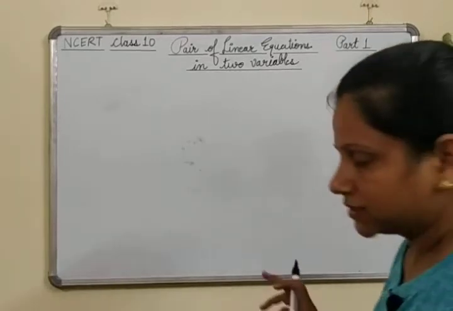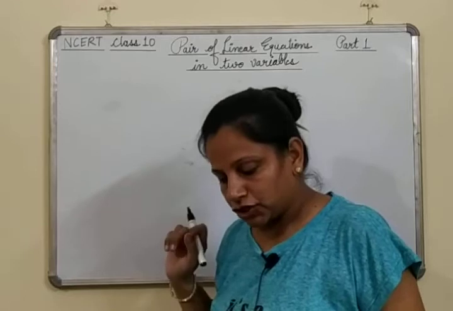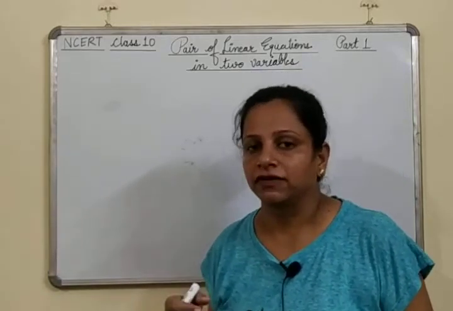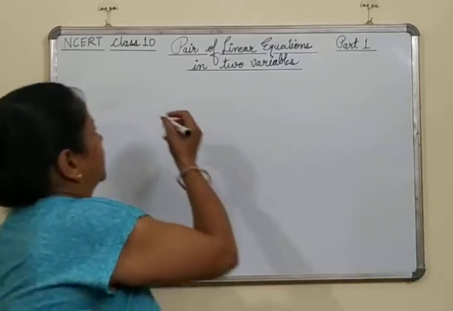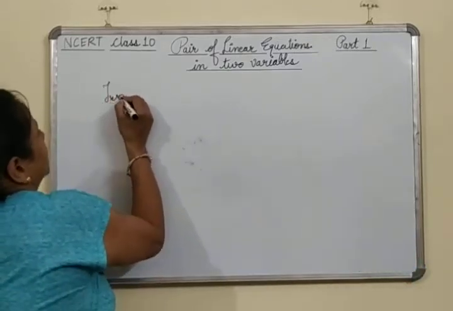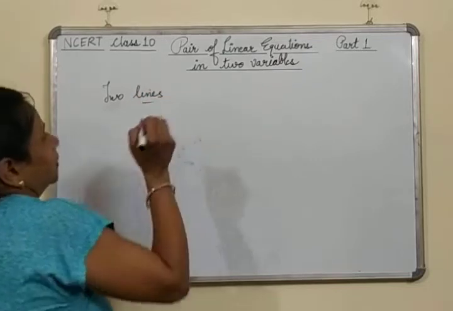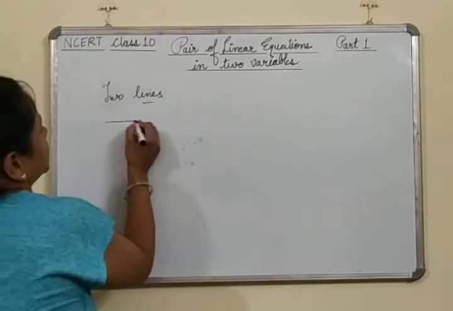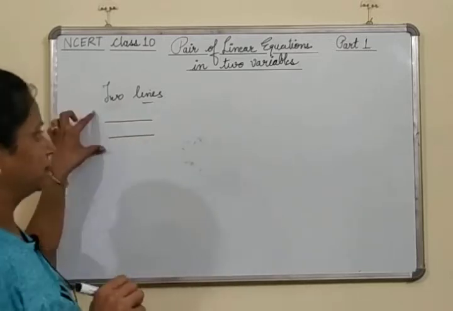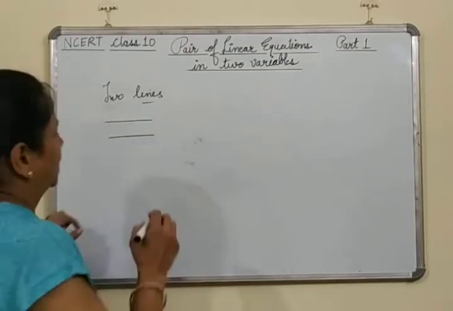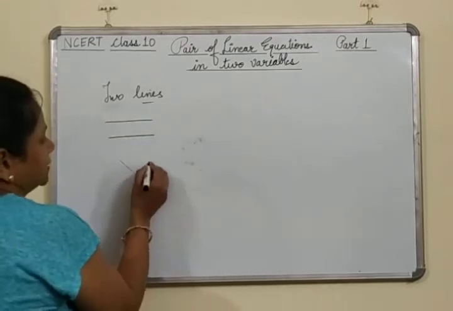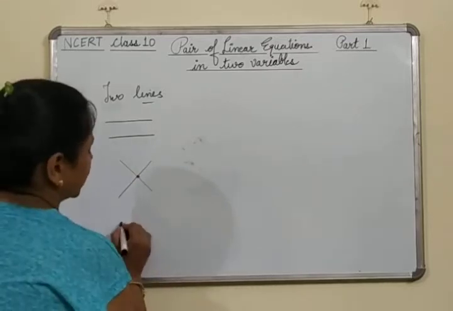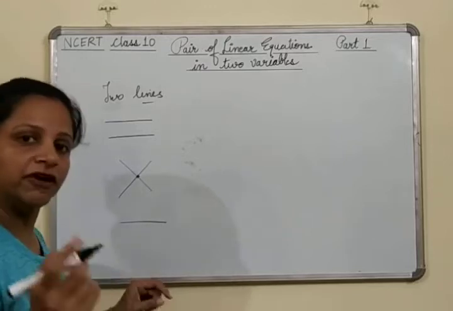Okay, now next, after this explanation, suppose we are given two lines. Whenever we have two lines, there can be many possibilities. See for example, if I have these two lines, they can be this way, meaning they are parallel. Or they can be this way, that means one line is this, one line is this, so they intersect at a point. Or these two lines can overlap each other. They can be one over the other.